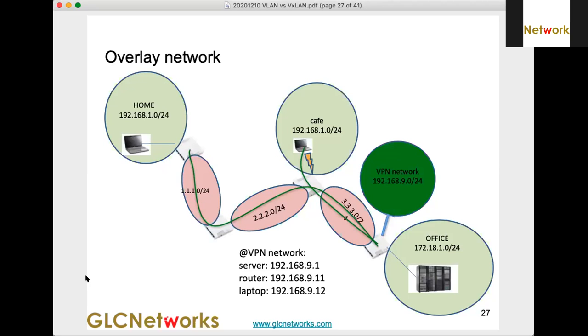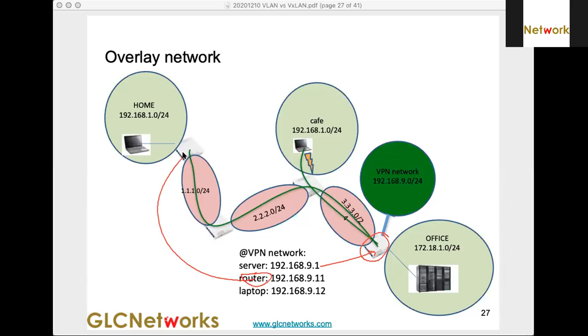So it's going to be like this. You will set up an overlay network from your device to the destination. Okay, so this is the destination. This is the VPN server. And then this is the router.